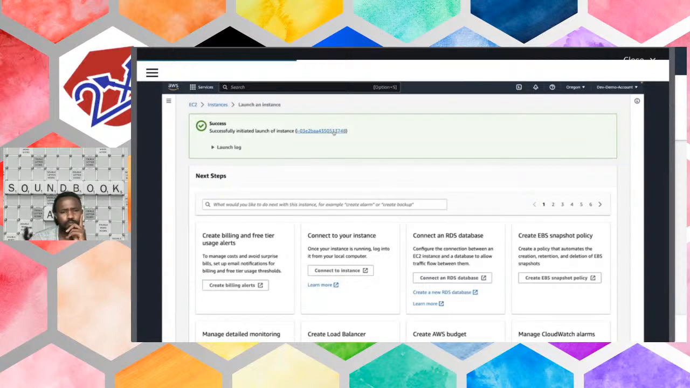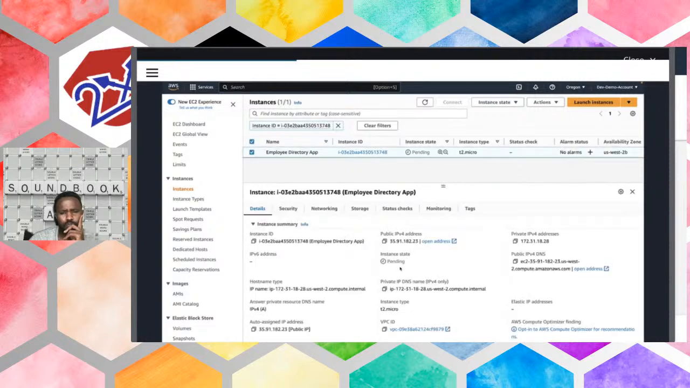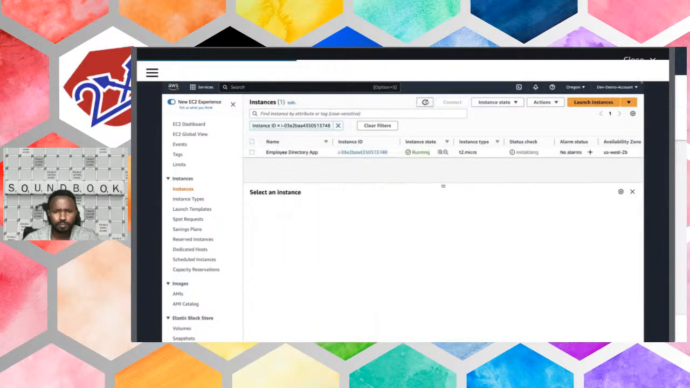Now, if I select this instance ID, that brings us to a page where we can then select our instance and view some information about it. We can see things like our public IP address, our private IP address, and our public DNS name, but we can't access this directly yet. We can see that our instance state is running, but if I refresh this,